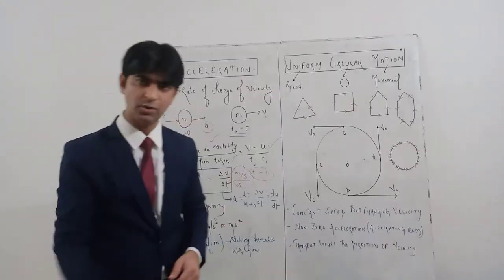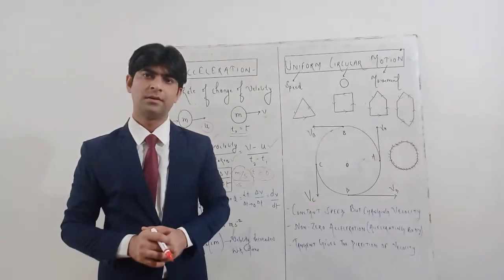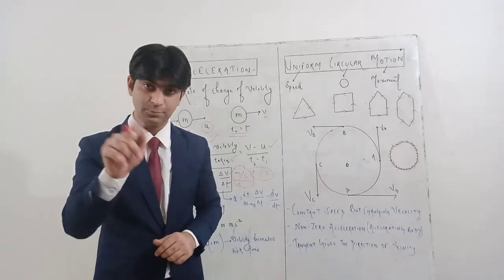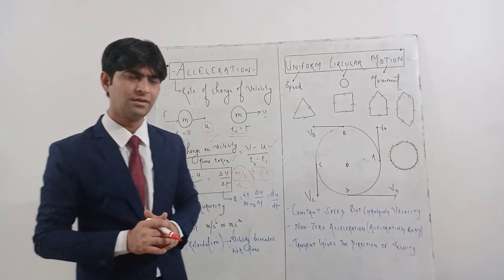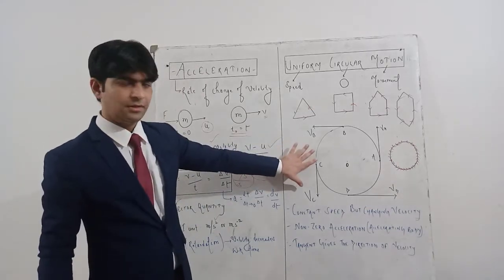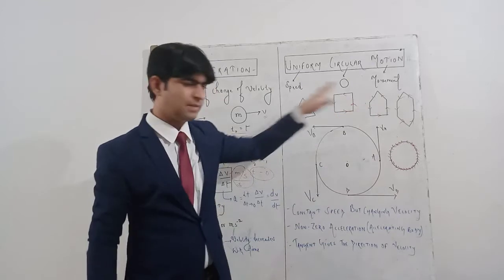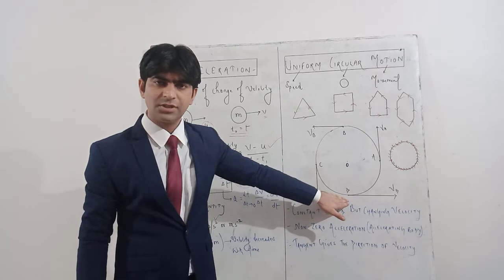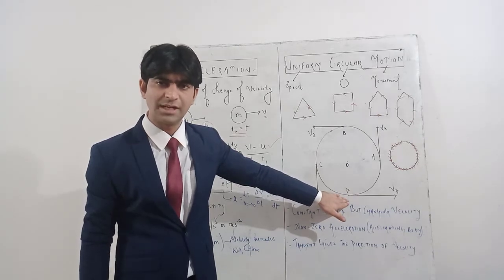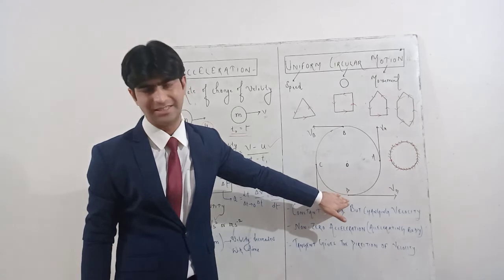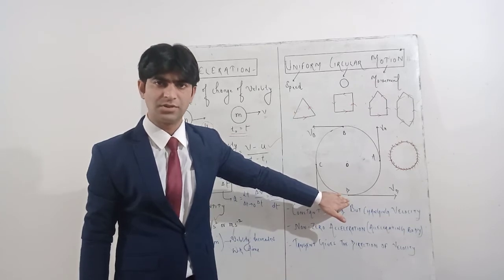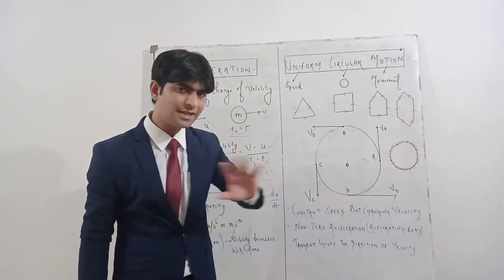That means when a body moves in a circular path, the direction of its movement changes an infinite number of times. The direction is very important here. If you see this bigger circle, the body is moving maybe in the anti-clockwise direction. At any particular point, if you want to find the direction of the velocity of the body, you have to draw a tangent. Wherever you draw a tangent at a particular point, you will find the direction of velocity at that point. Now why is the direction important?